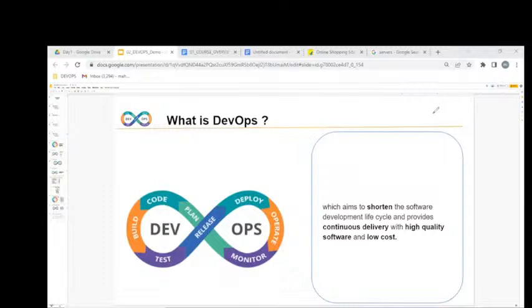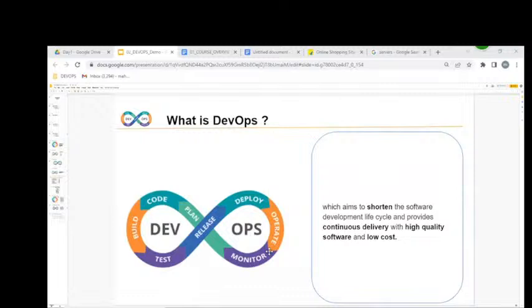While implementing this DevOps process, make sure you are delivering working software in the shortest time, with high quality, at low cost. That is the DevOps process.